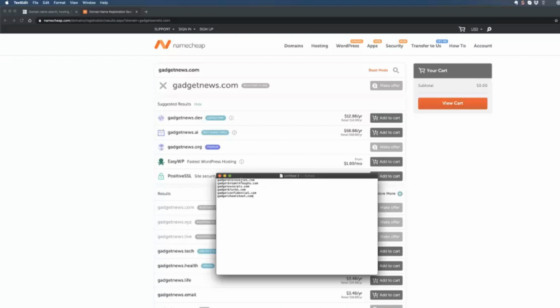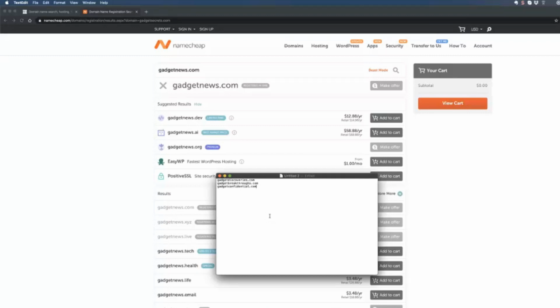So let's see, gadget discoveries, gadget breakthroughs, excerpt blurbs. I don't like these, so I'm just going to take them out. They're not going to be options for me either way. Gadget confidential, gadget cheat sheet. I don't really like cheat sheet for gadget. For an audience, doesn't sound like it could be an audience. These three though, gadget confidential. I'm going to keep those three, but I'm also going to show you